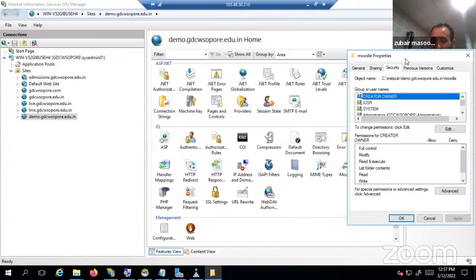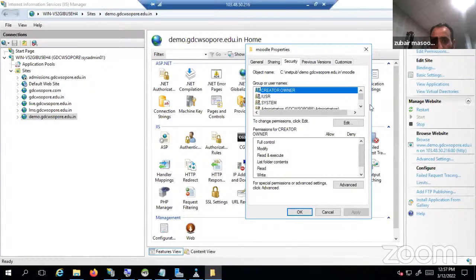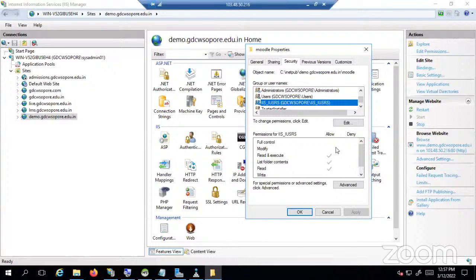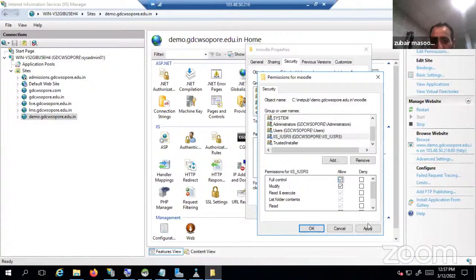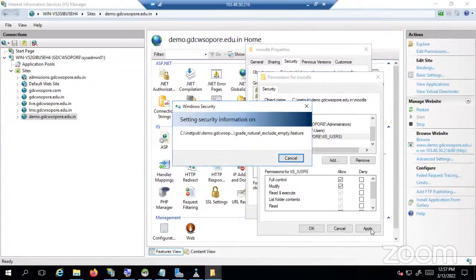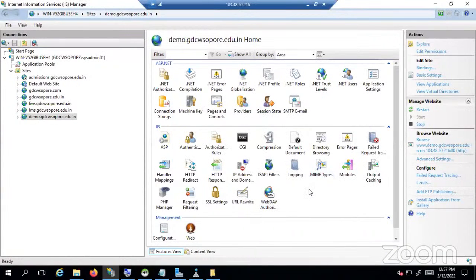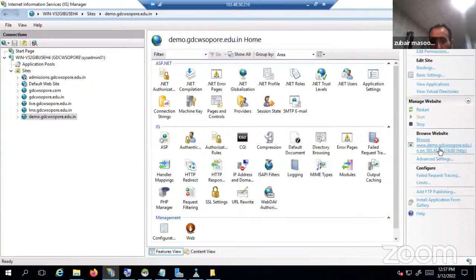Ensure that all permissions have been set. I'm giving permissions. Okay. So now, if I try to browse,